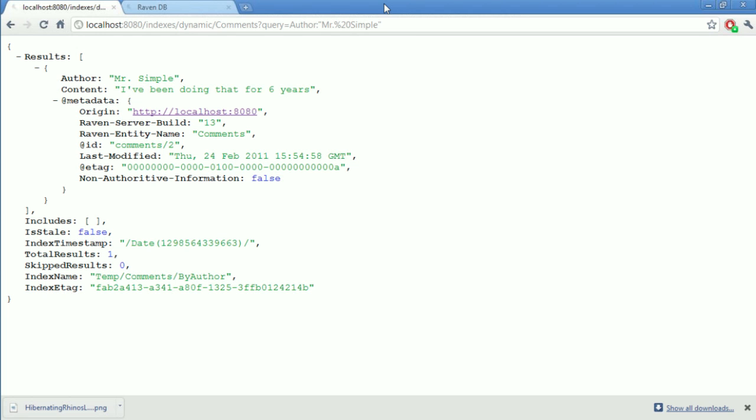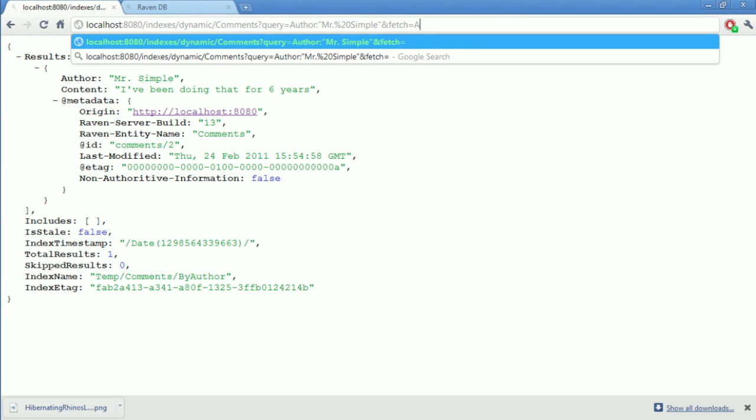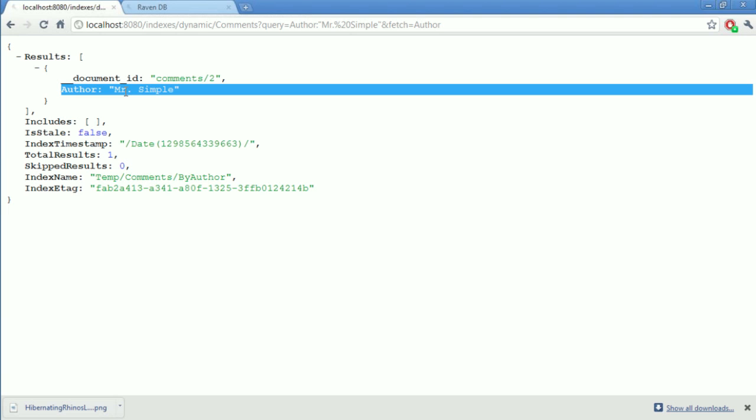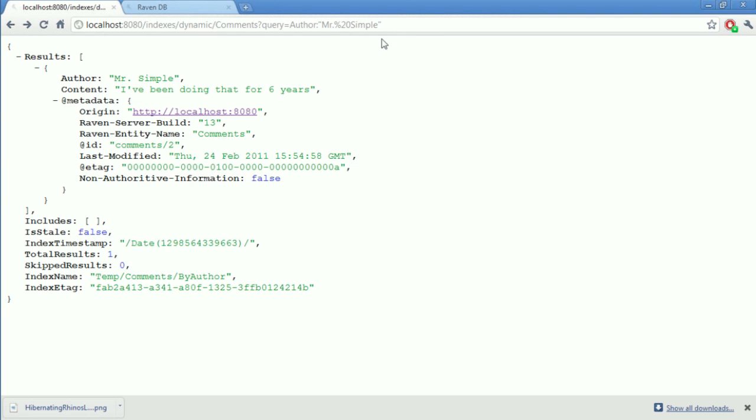And then we have the issue of MapReduce, or reading information directly from the index store. As a good example, I could do something like this. I only care for the author field, and I will get this guy. This query isn't actually being served from the document store. This is actually being served from the query store. So in this case, this information may be stale.